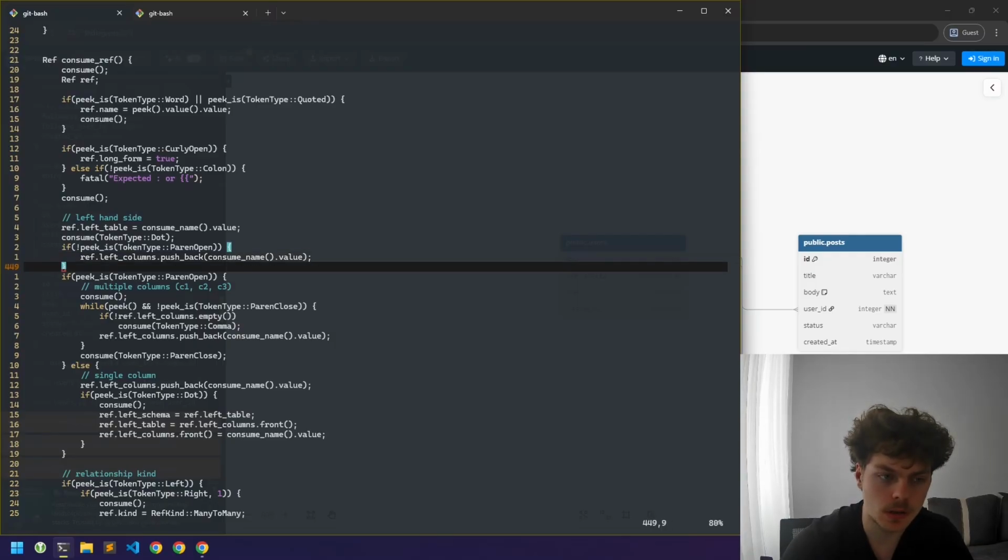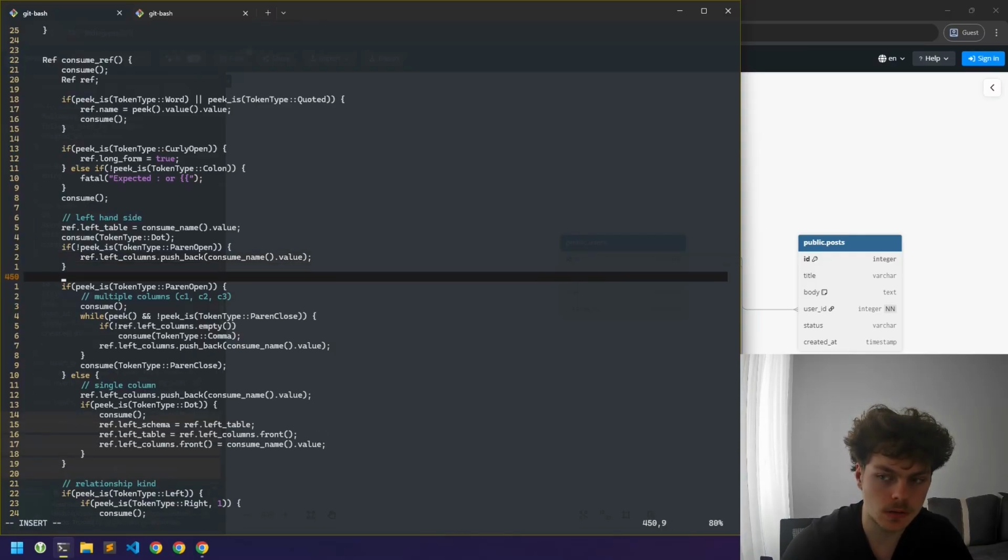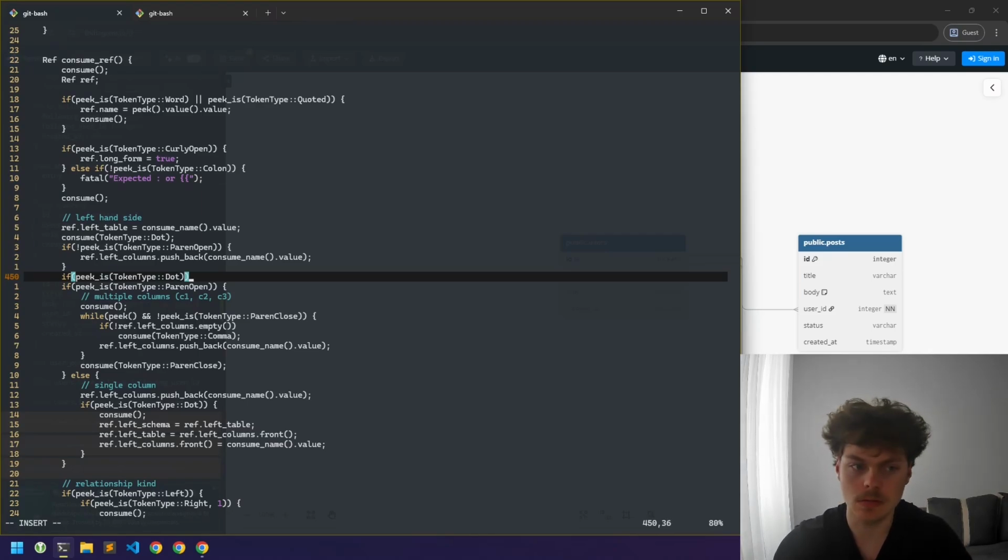Now what we say is, if peek is dot, then we expect something else. Then we expect just paren open or just single column. So if it's a dot,